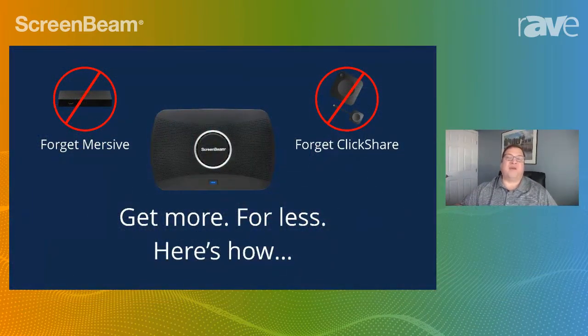We're going to tell you straight out, we're better than ClickShare. We're better than Mersive. Our solution is less expensive, and the Screenbeam 1100 Plus is available now. We have plenty of stock for immediate shipment. So we want you to hang on. We've got a lot planned for you in this presentation today. We have a demonstration that is absolutely going to knock your socks off, and that's coming up in